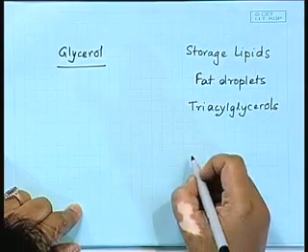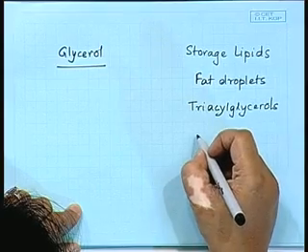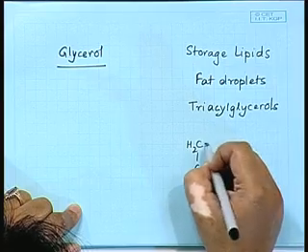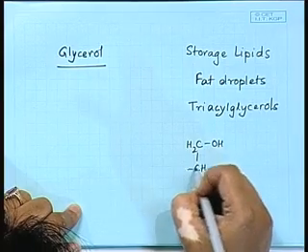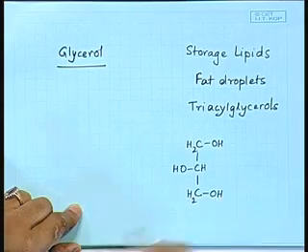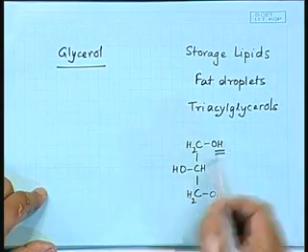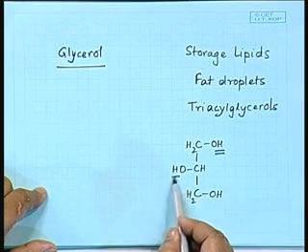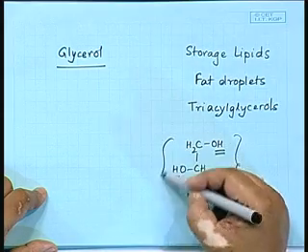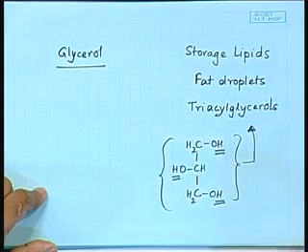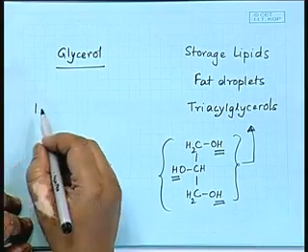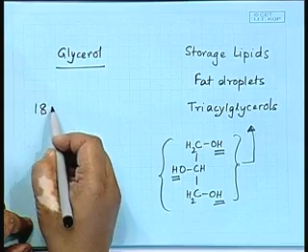What is the basic structure in this case? We have our 3 carbon glycerol, we have our OH, we have our OH, we have our OH, right. We have this replaced by a fatty acid, this replaced by a fatty acid, this esterified to a fatty acid. So, each of these esterified to a fatty acid is going to give our triacylglycerol. What can they be esterified by? They can be esterified by a series of fatty acids,